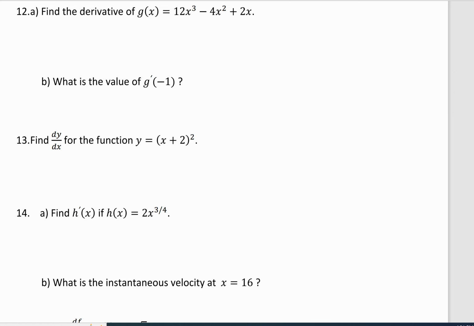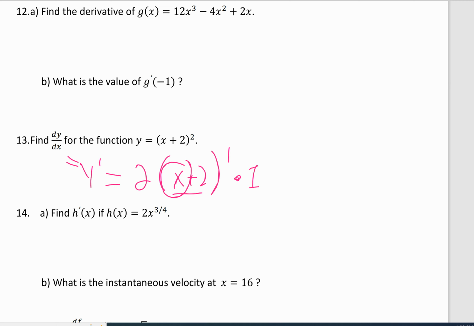It's just a chain rule problem, this could have been y prime, right? You can just say y prime, it's equal to dy dx, Leibniz notation versus other notation. You take the 2, put it in front, x plus 2 to the 1, right? Times the derivative of what's inside, but the derivative of what's inside is just 1. So really the chain rule doesn't change anything, as long as your x is just a plain old x. If it was like 3x, you'd have a 3 over there. All right, so